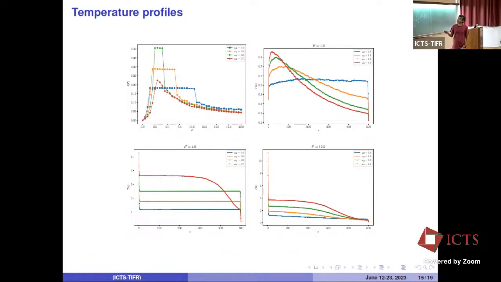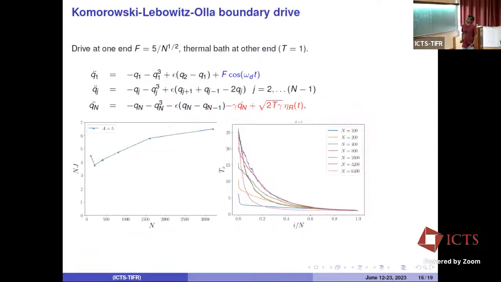Now I still have 5 minutes. So now let me talk about this other boundary condition that was studied in this paper. If you remember, this paper studied the stochastic model, and the difference was that at the first end there's no dissipation, and at the far end there's a heat bath at some finite temperature. So we now study the Hamiltonian dynamics in the bulk with the same boundary conditions.